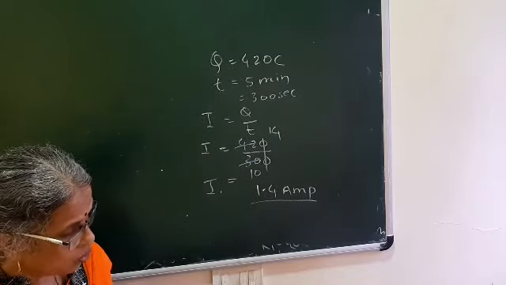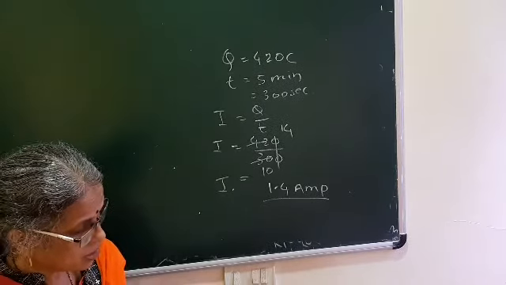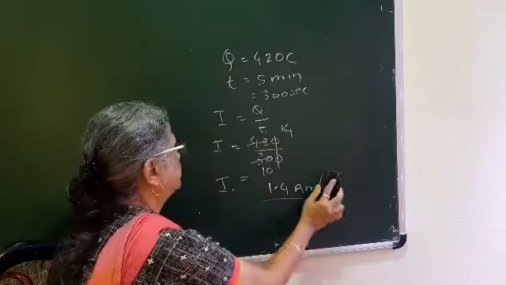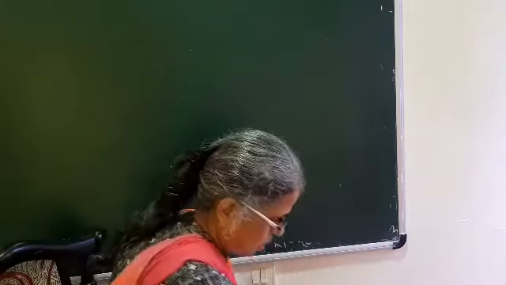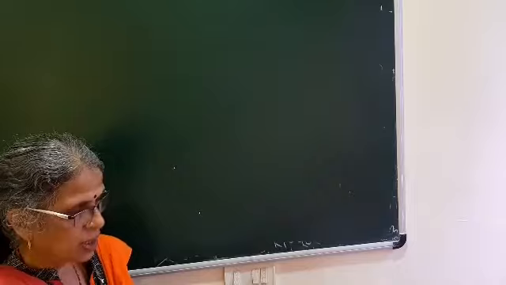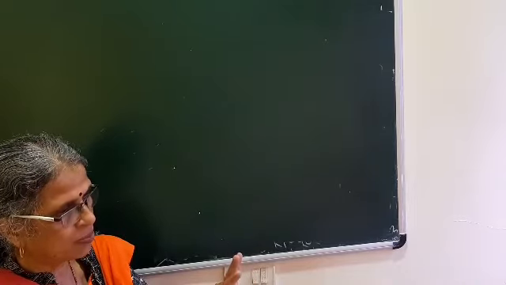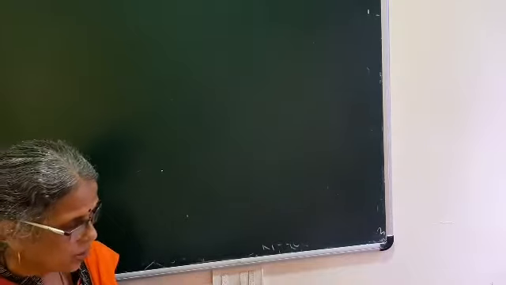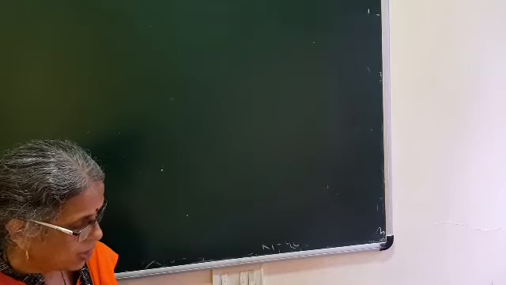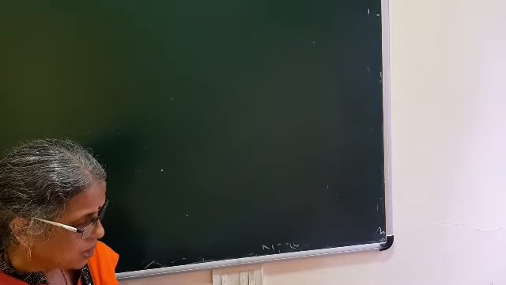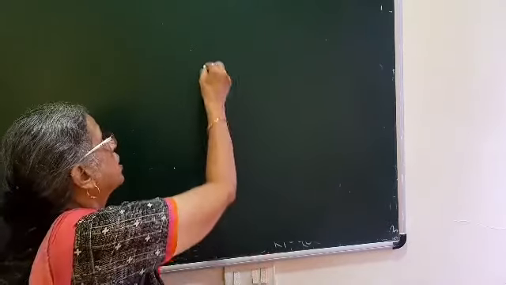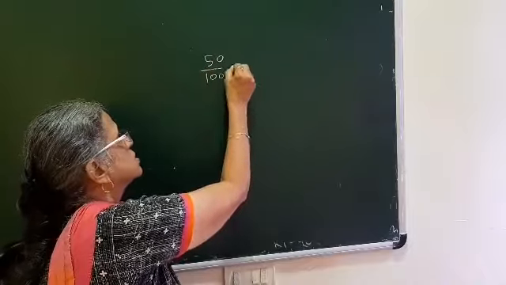Then example number 2: the length of the conducting wire is 50 centimeter and its radius is 0.5 millimeter. So example 1 and example 3 are very easy. They are based on the formula V upon I equal to R. There are 3 quantities, V, I and R. Out of them, they give you 2 and ask to find out the 1. That is the method in first and third. Now in the second example, they have given the length of wire as 50 centimeter. That means we are going to convert it into meters. That is 50 upon 100 meter. So 50 upon 100 they have written like this.